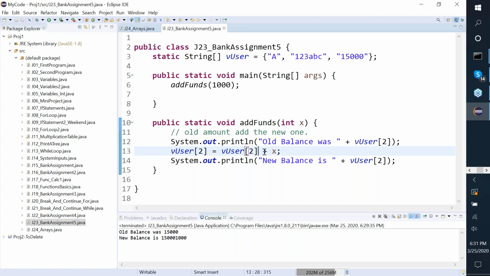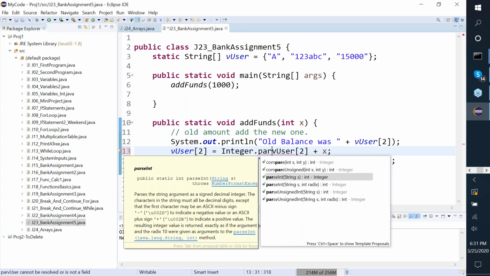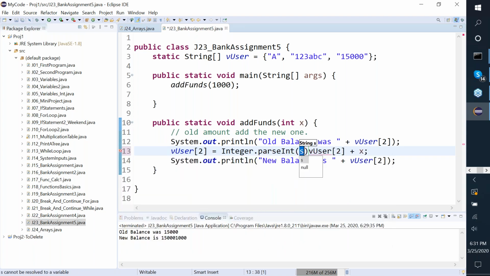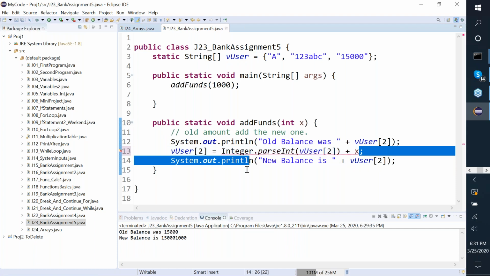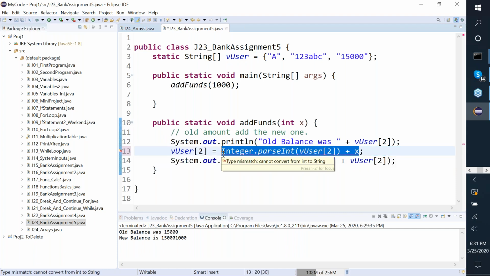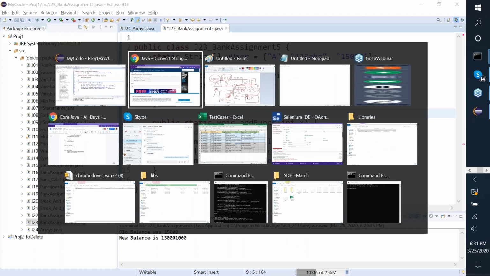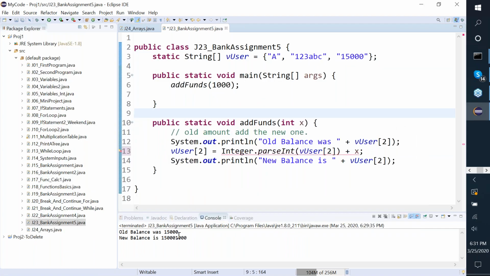Which is the one that I need to convert to integer now? This is already an integer, so only this one. So say integer int, and into that I can provide a string. Now this will give me an output. Again, there's an issue. This whole thing is right now by itself an integer. There's nothing complicated. I'm not using tongue twisters here. Just the fact that if I have an integer and I need to add a string to it, we need to